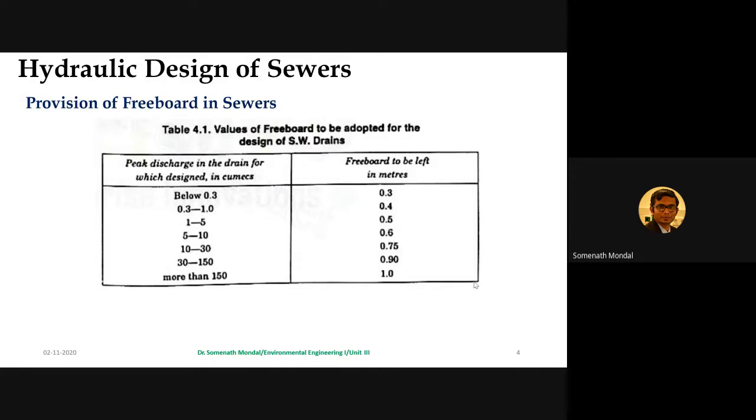Generally, these sewer pipes will have a size less than 0.4 meter diameter, and in most cases you will see a diameter of that range. Now, whatever extra we keep, that extra space left above the designed full supply line will have an ample margin,